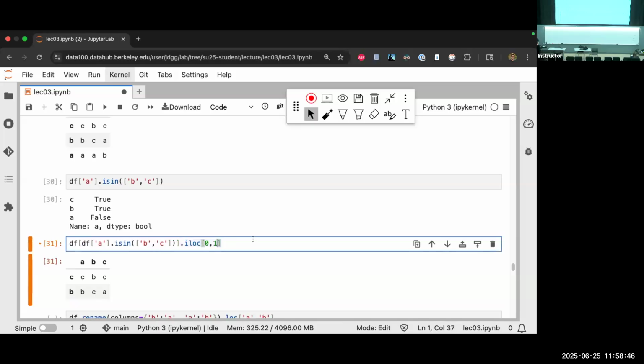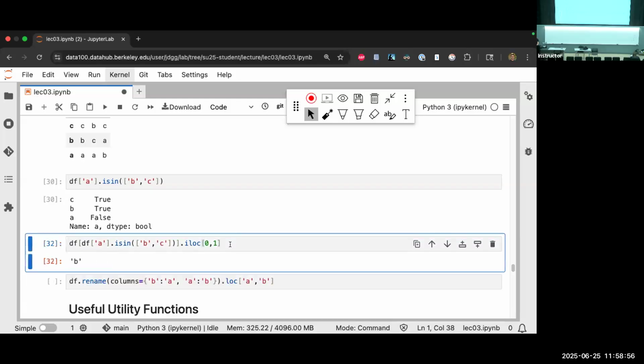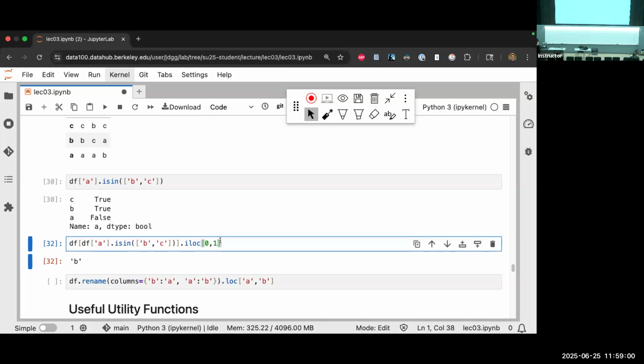Okay, then what are we doing? We're using iloc, and we're saying go grab the element that's at the 0th row in the first position. That's a B. Okay? Clarification questions? I recommend stepping through this on your own to see. Again, is this the kind of question we would ask on an exam? No, right? We're going to be working with real data sets on the exams, but I want you to understand how these functions work. And limits we have in lecture, we want to use smaller data frames.